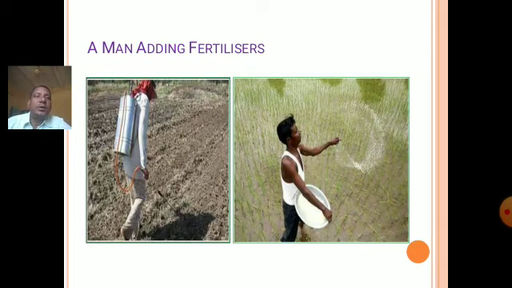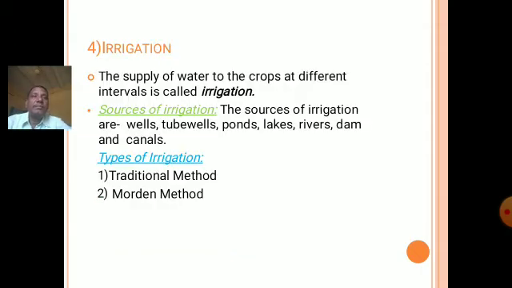Then you can see here the man adding the fertilizers. Nowadays the fertilizers are available in the form of liquid and solid. So in the first picture we can see the person is spraying liquid fertilizers with the help of a sprayer. And in the second picture we can see the person is providing solid fertilizers to the crop. Then the next agricultural task is